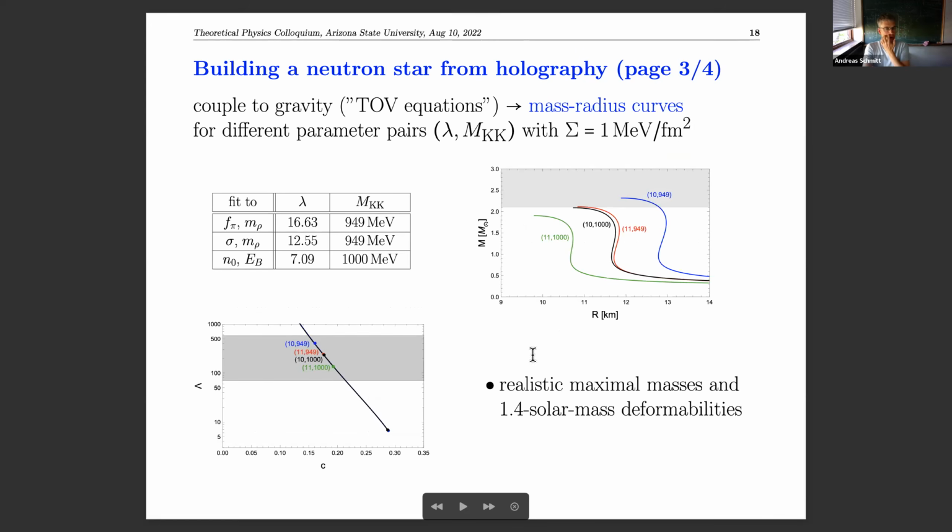Okay, so now let me talk about how I fix the parameters. I do have the TOF coupling and the Kaluza-Klein mass. Strictly speaking, the calculation is valid at large TOF coupling only, but I'm extrapolating down. That's the usual philosophy.